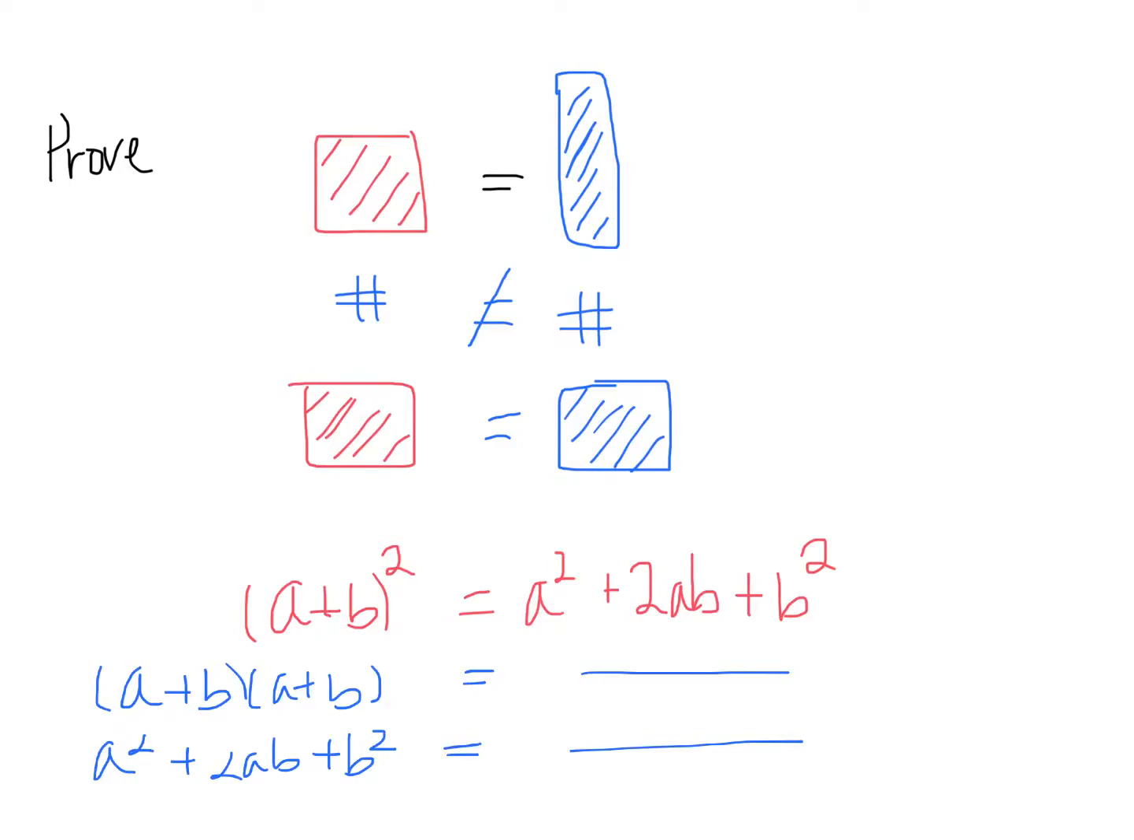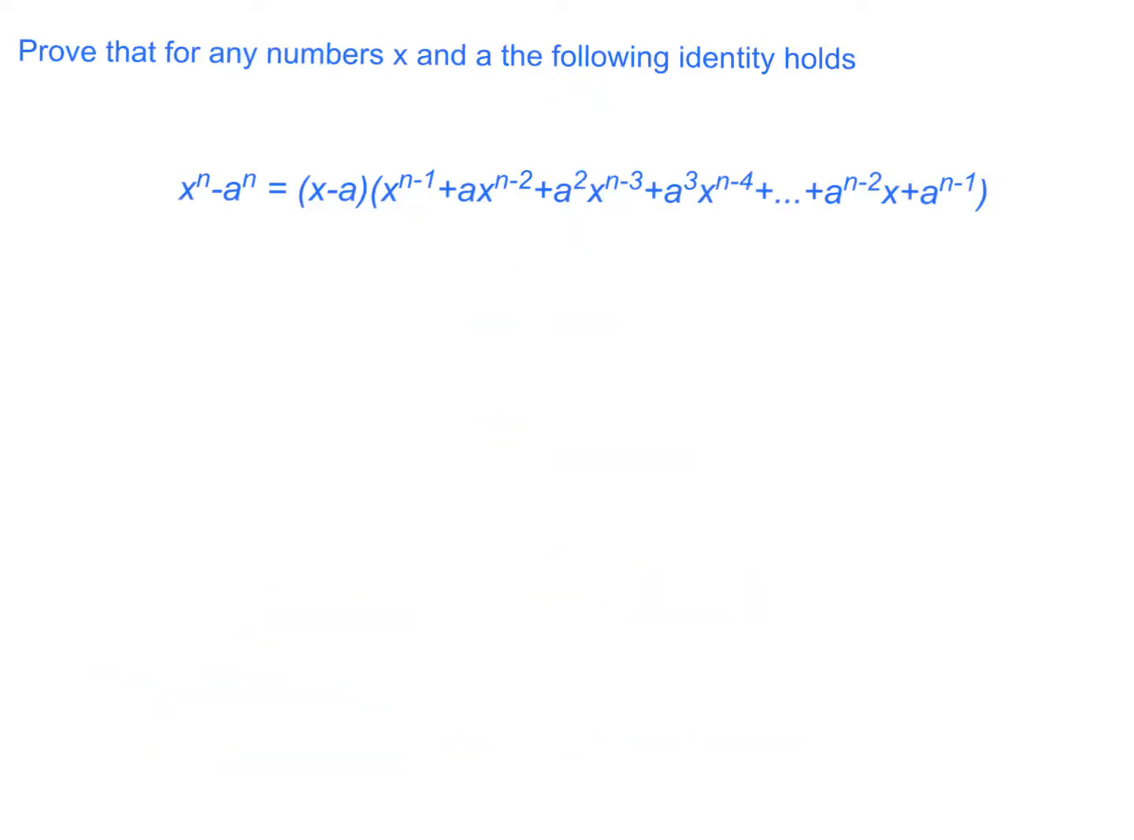So on the next page, I have a couple of, or maybe just one problem for you to really work on. All right, so here we go. We want to prove that for any numbers x and a, the following identity holds, and that is that